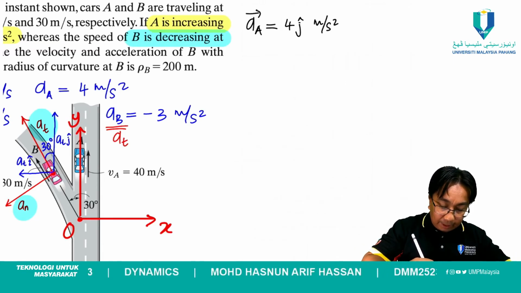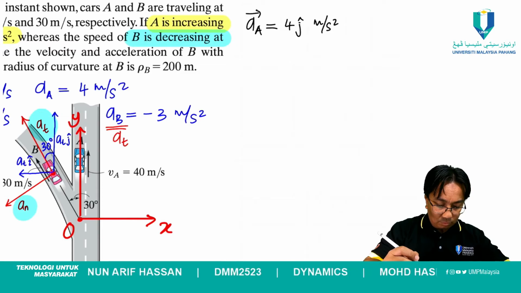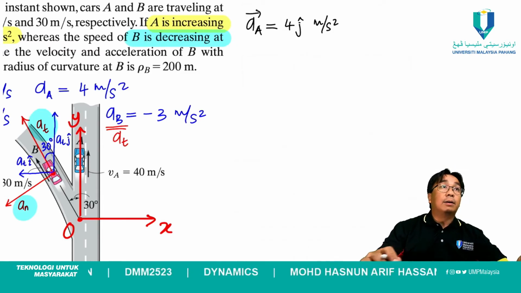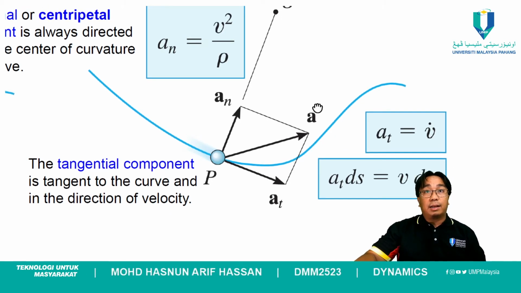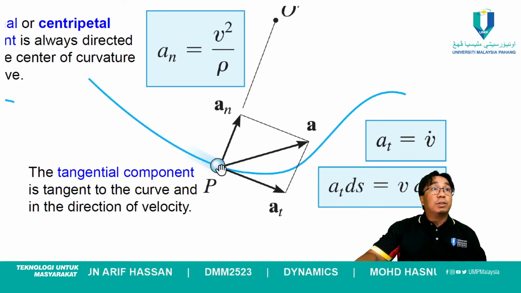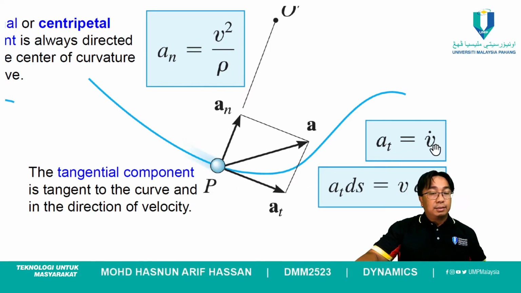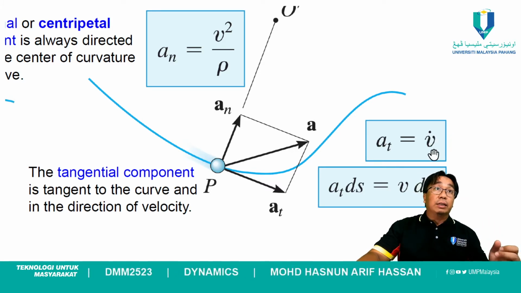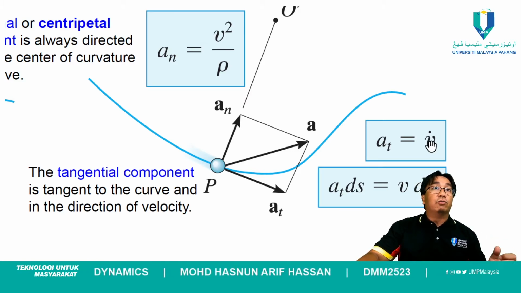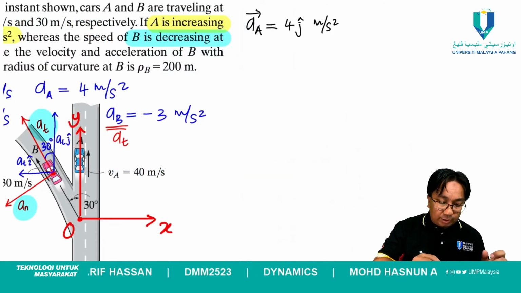Okay. Yeah. Yeah, AB, AT tu tak faham Ustaz. How sir use AB as AT? Okay. Because dalam slide yang saya, dalam definition kita sebelum ni, the tangential component, ni tengok tangential component of acceleration is equal to dv over dt. V dot here is dv over dt. So what is given in the question here,